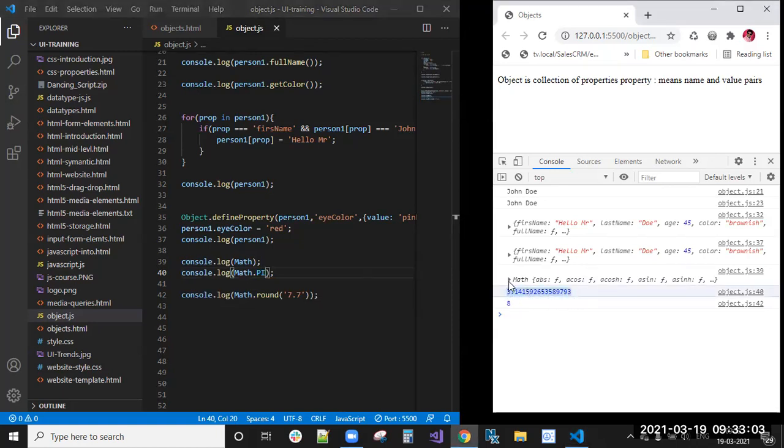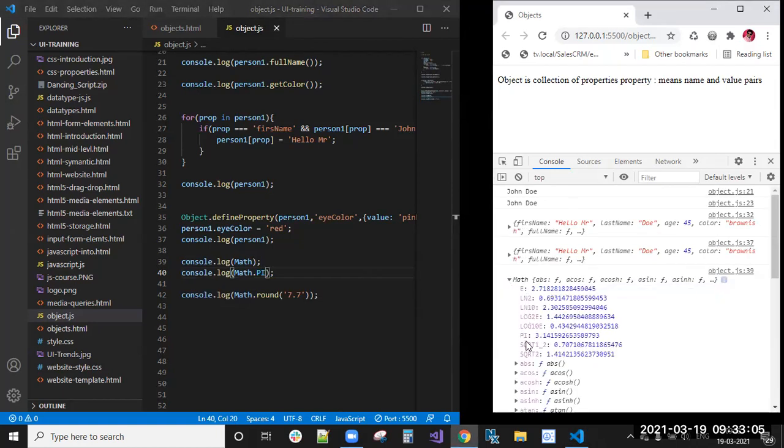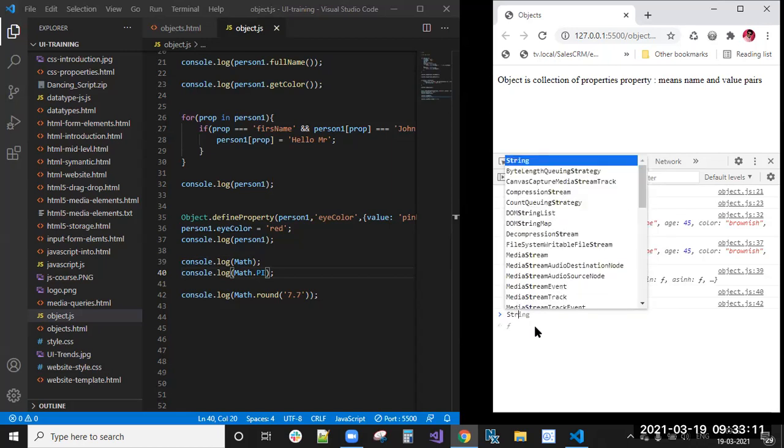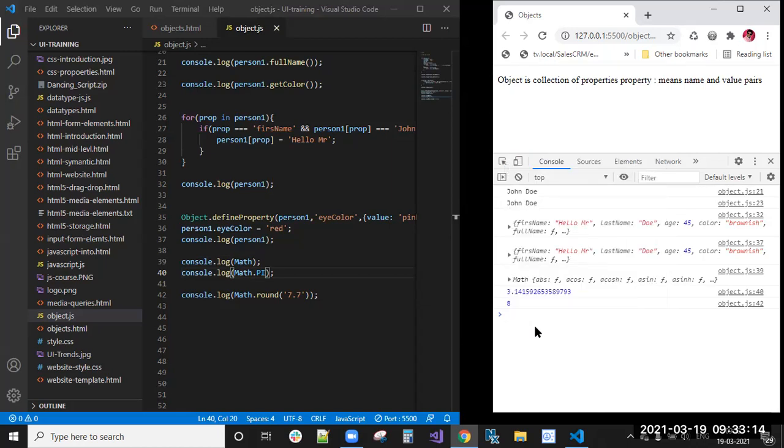So Math is an object, and similarly, string and function. Date is also an object only.